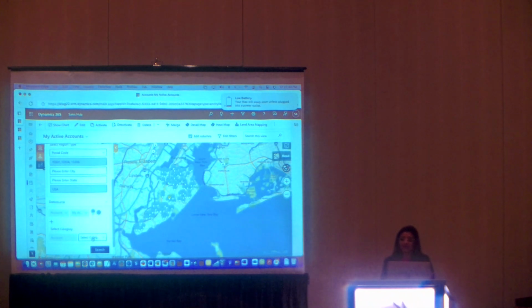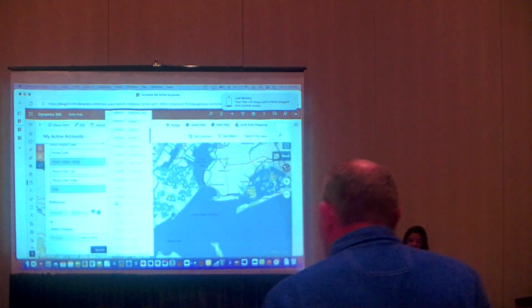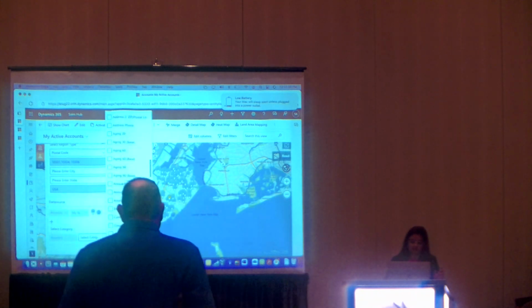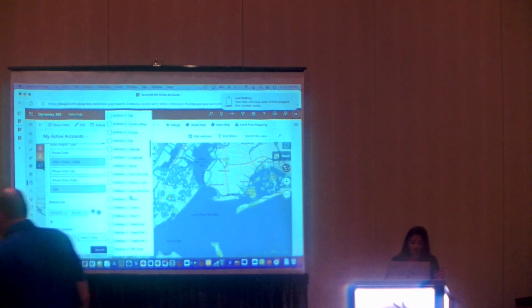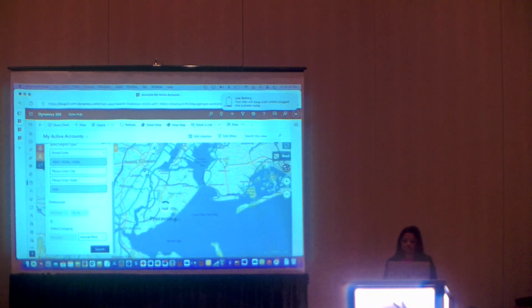All of the push pins right now are single color coded. What I can do now is categorize my accounts, and I want to go by annual revenue. Okay, and if I do search over here right now,